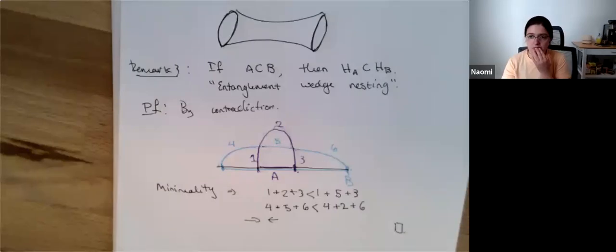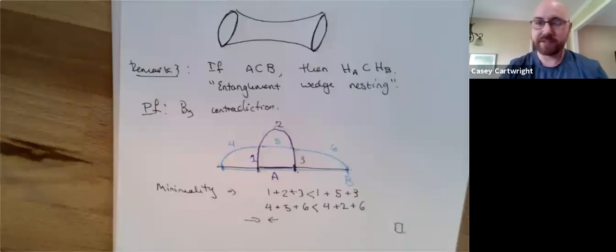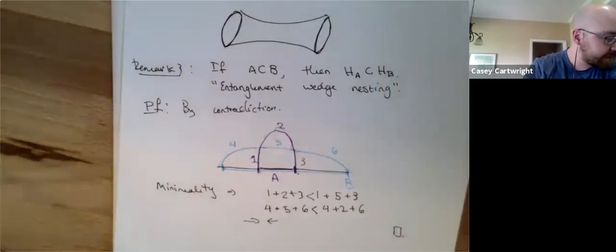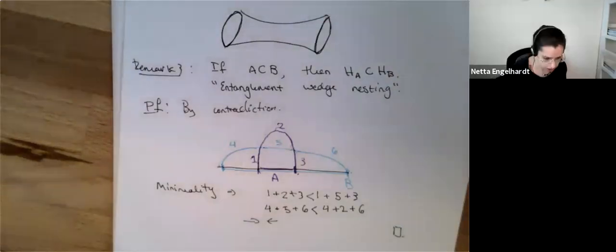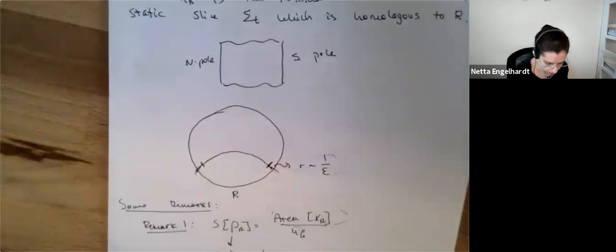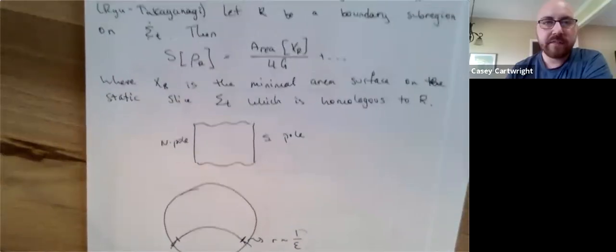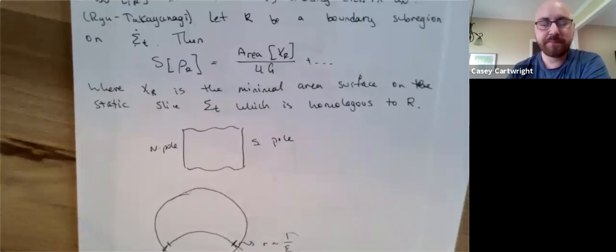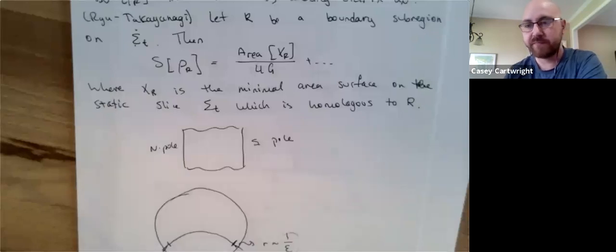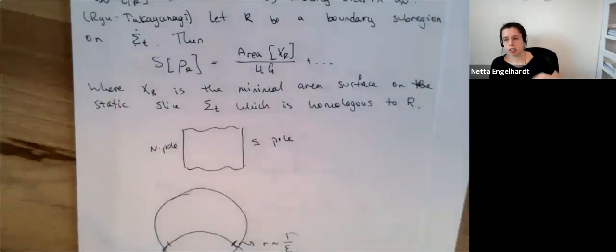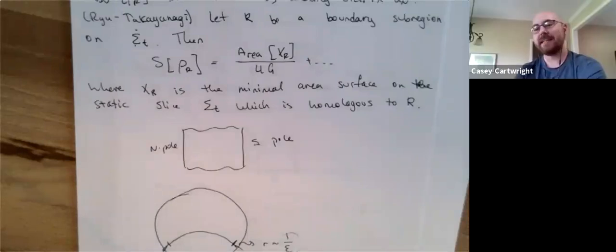Casey? Hi. Yeah, I had a question. Could you go back to the page where you are defining the Ryu-Takayanagi formula? Yes. I believe that's this one right here. Yeah, and you have this thing. Okay, great. So the question was, suppose that chi-r is not a minimal surface, but everything else is true. So it's still homologous, just not a local minimum. Exactly. It's not the local minimum, but everything else is still there. So how would you interpret the result that you find?